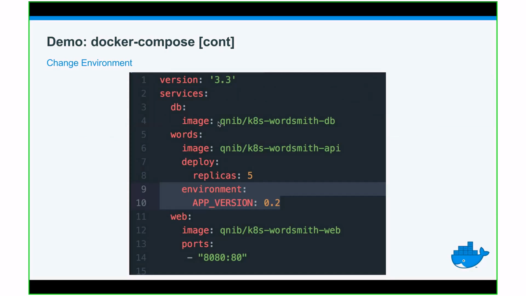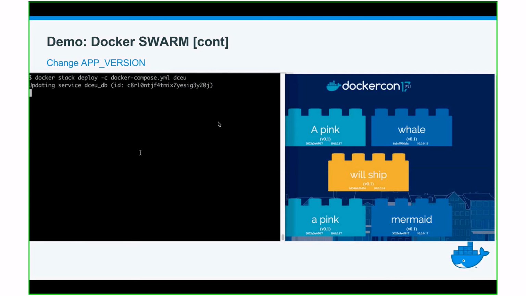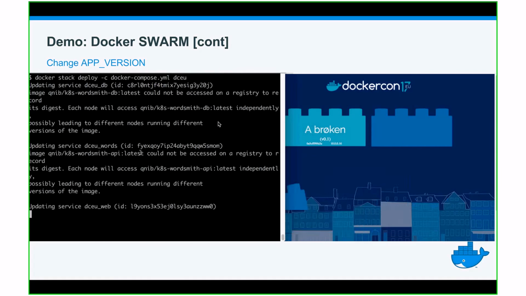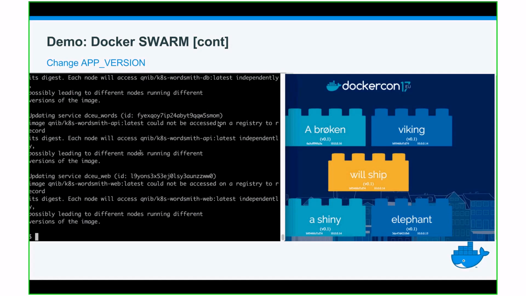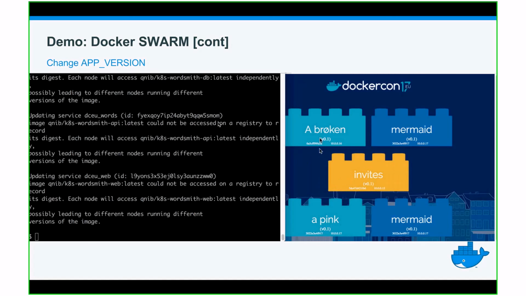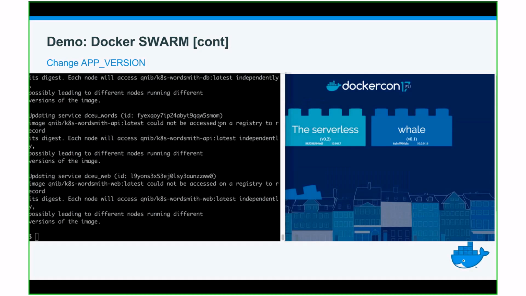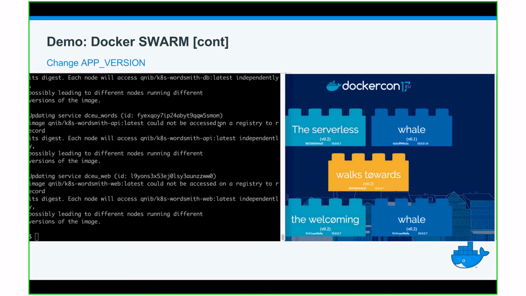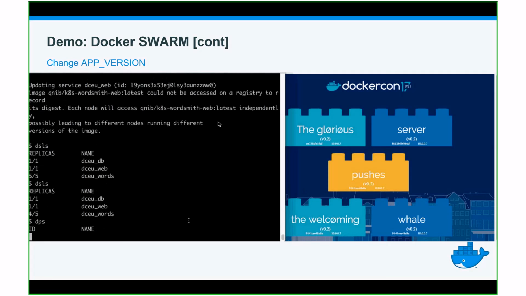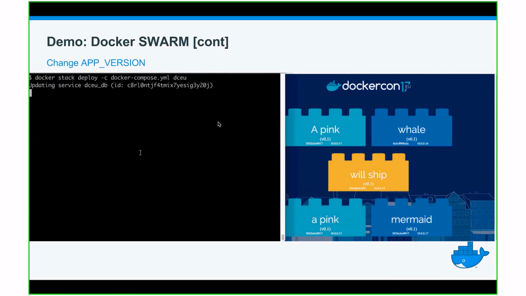And we can do the same as with Docker Compose up, change the environment variable. Then Docker Stack Deploy will update the state, right? It will say, okay, now I decided to have something else, and then you provide it to either Swarm or Kubernetes, and it will then update the service that you changed. And you can have multiple parallel containers running. You can tell it, okay, please start the new container first, and once it's ready, then you kill the old container. So you can have multiple strategies here. And after some time, you have all the containers updated. And then you have 5 containers out of 5, and everything's fine.